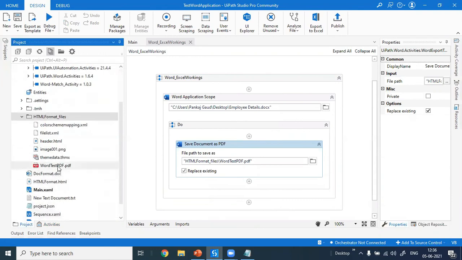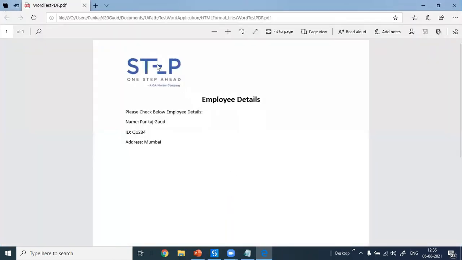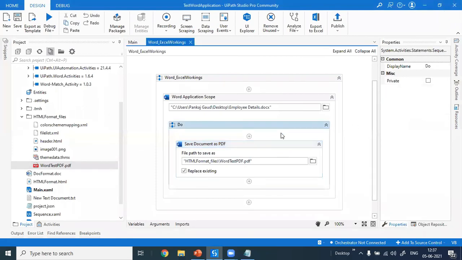So you can see a PDF file over here. Step. People, so you have different options to save. So yes, does anyone have any queries?